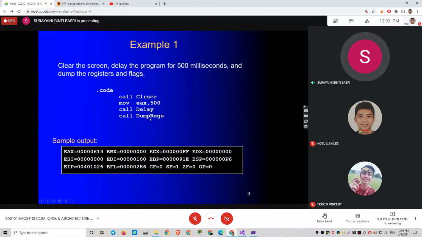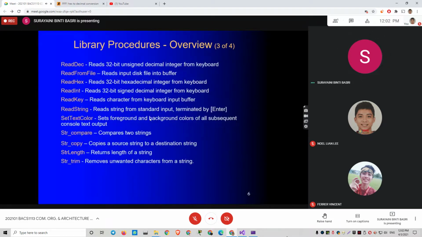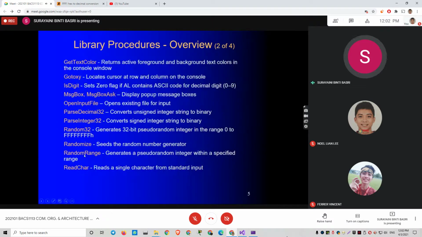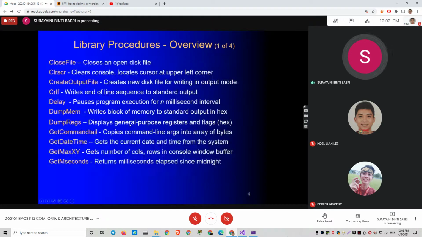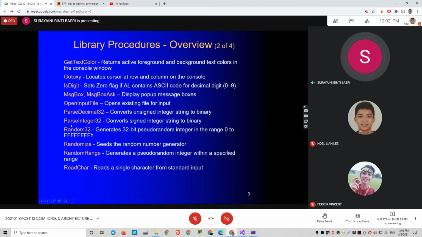So we want to know what is actually DumpRegs. DumpRegs displays the general purpose registers and flags. When you call this function, it will display